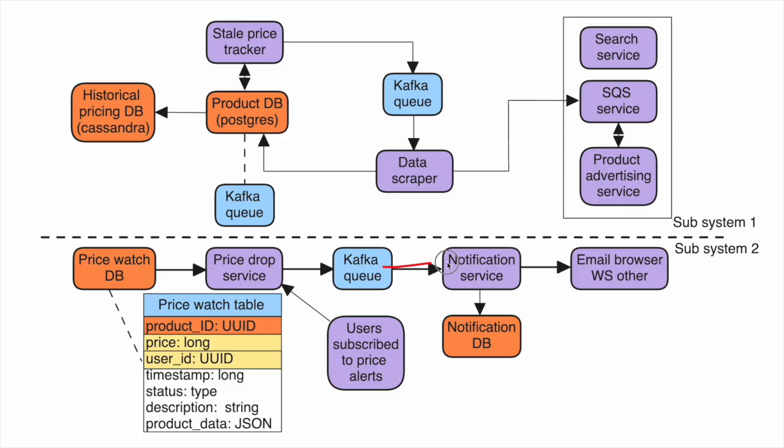Kafka queue, and then from there we have a separate subsystem called the notification system, the system that would consume messages from the Kafka queue and send them through the appropriate channels. Here we would likely have a notification database as well that would be storing all the notifications that were sent to the users. At the same time, this database can be used as a locking mechanism to make sure that